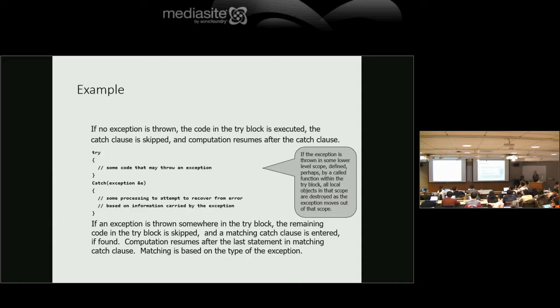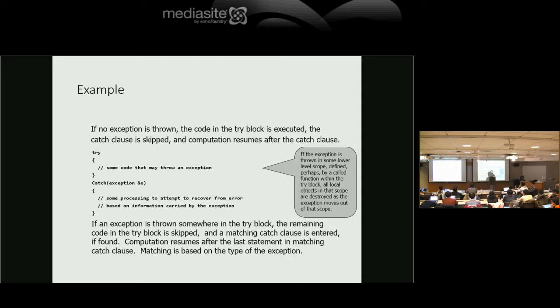So what happens here is if an exception is thrown inside this scope, and understand that the scope is probably a lot more than just 3 lines of code. The scope may call functions, which call functions, there could be an enormous amount of code inside that scope, just hidden from you by function calls.